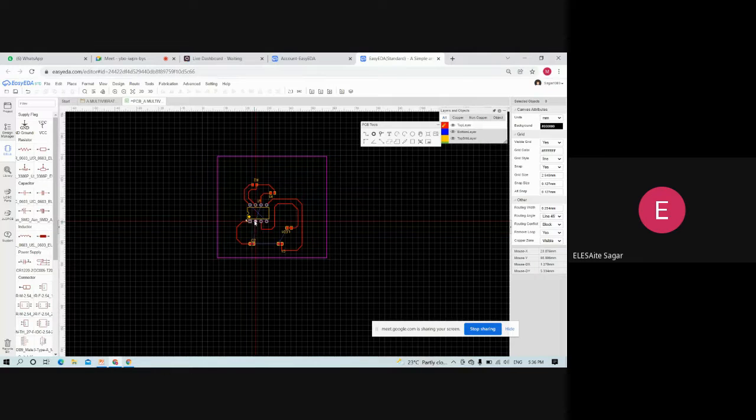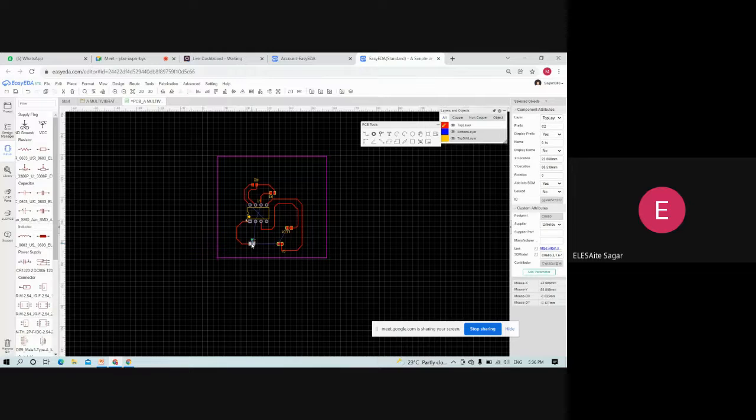So here the tracks will cross over each other, so this will show an error. So we need to add a via here. First of all, we need to add these components to the bottom layer.